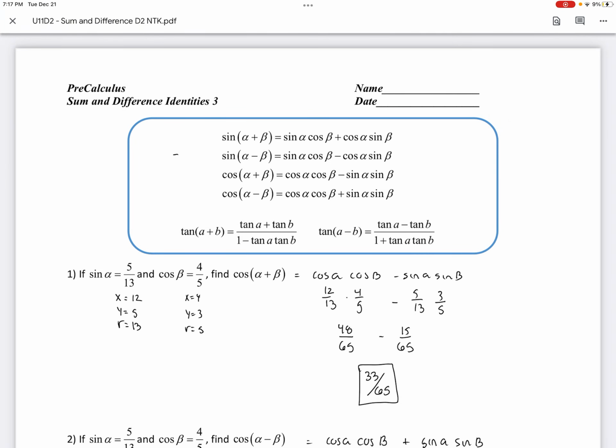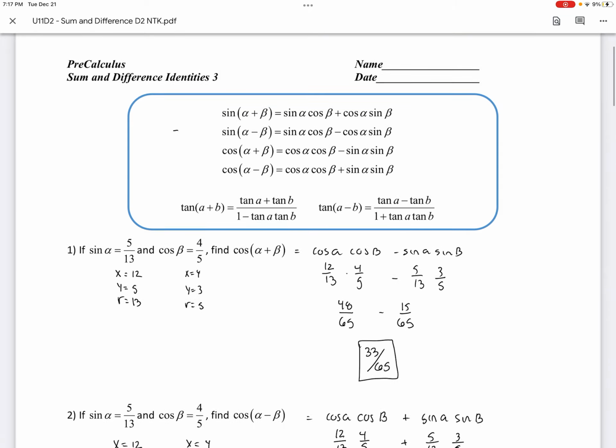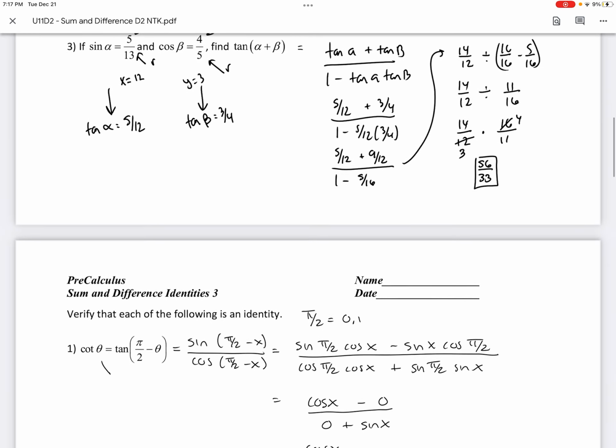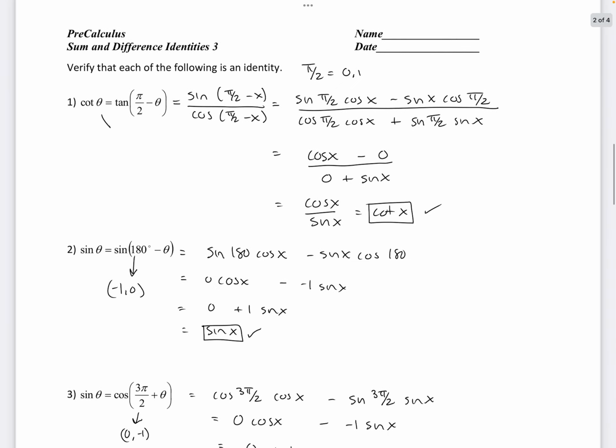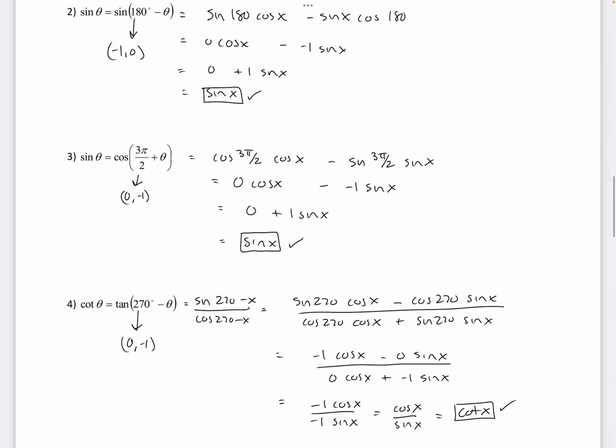Alright, everybody. So just wanted to take a quick moment and first go over those last few problems. So this is where I left you off, and I want you to understand with these problems, it's really straightforward. We have our formulas, we use our formulas, and we simplify using the unit circle. So if we're talking about 3 pi over 2, that's the same thing as 270. So really we're talking about cos of 270 plus theta. Right, we have the cos addition formula, so we write the whole thing out, and we simplify what we can